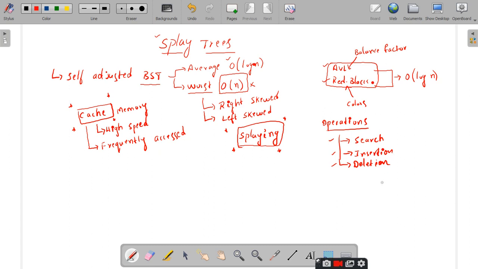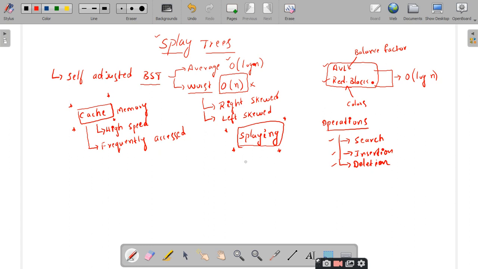If you remember the concepts of insertion, deletion or search operation in the AVL and red black trees, they are almost dependent on BSTs. Am I right or not? The insertion operation of these balanced trees is based on the binary search tree. The deletion operation on red black trees and AVL trees is almost dependent on the deletion operations on the binary search tree.